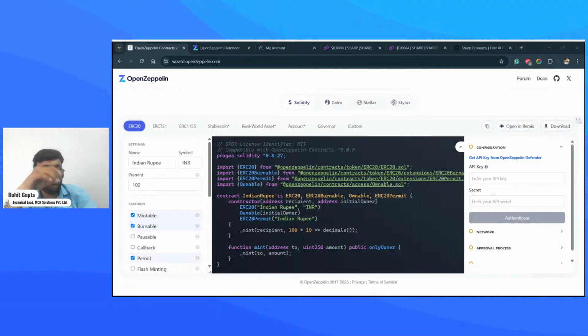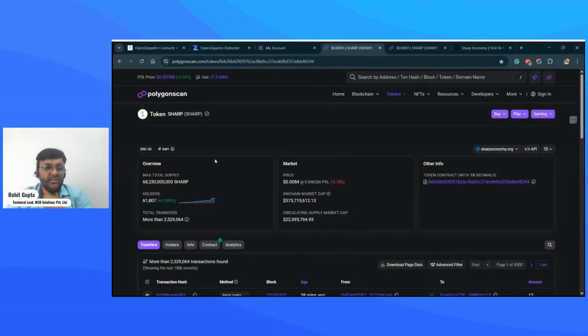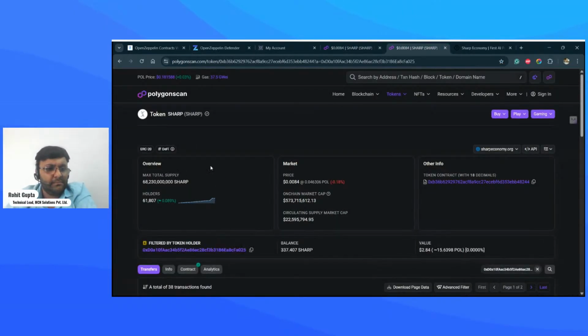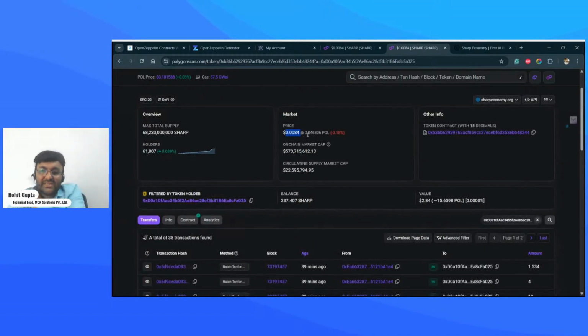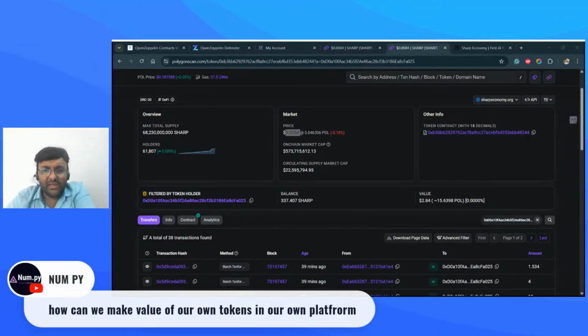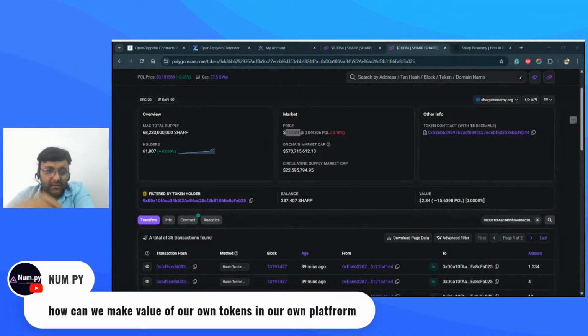Suppose our token, the Sharp token I was talking about, started at a price of 0.0004, but now it is at 0.0084. This is the dollar price per token. It is initially decided by the team, but later it is completely up to the community.